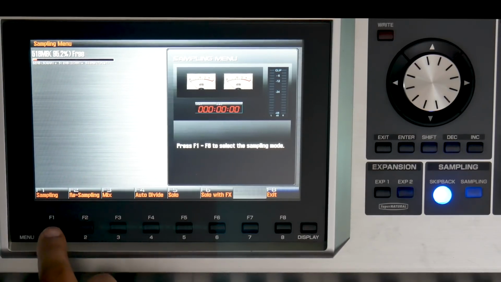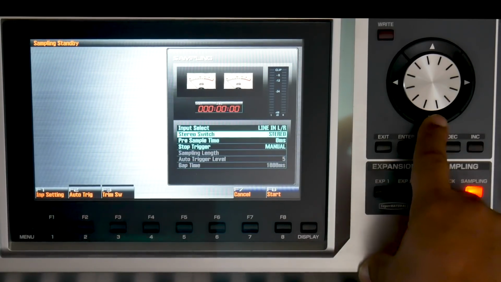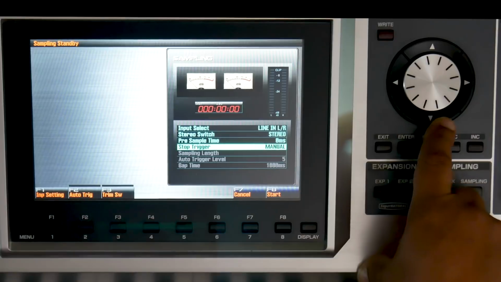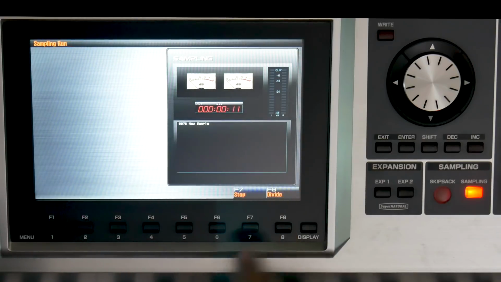So if I go into sampling here and hit sampling, it's going to come in line, left and right, and then I'm going to do everything manually. So I'm going to press start manually, and then I can start my editing. So I'm going to press start,